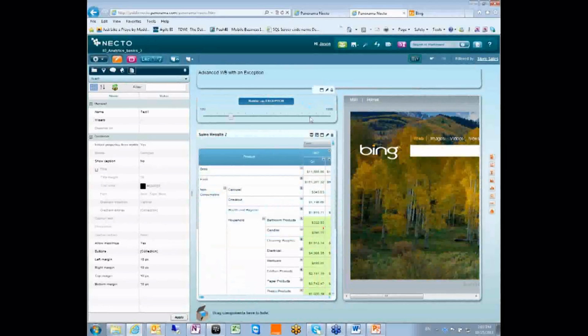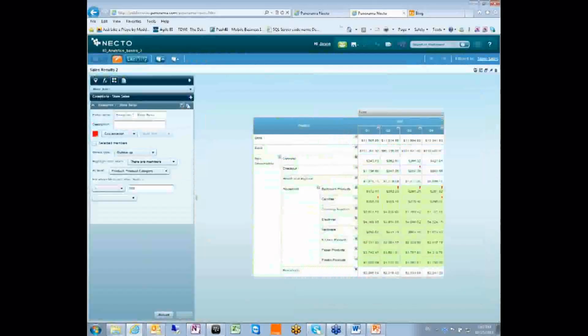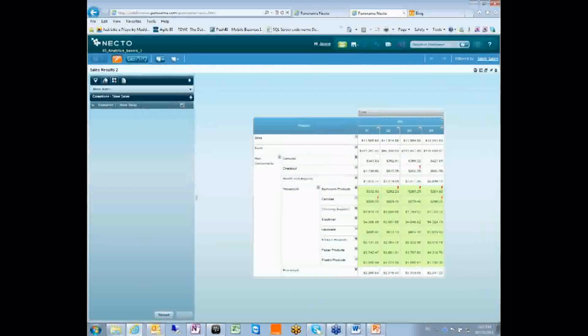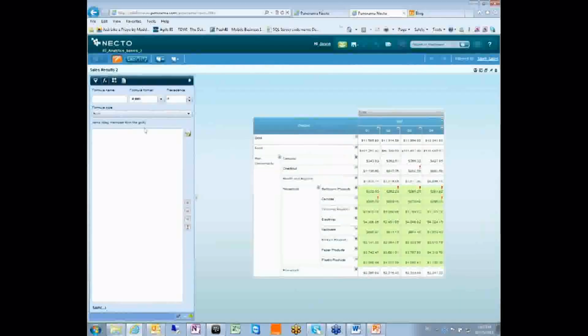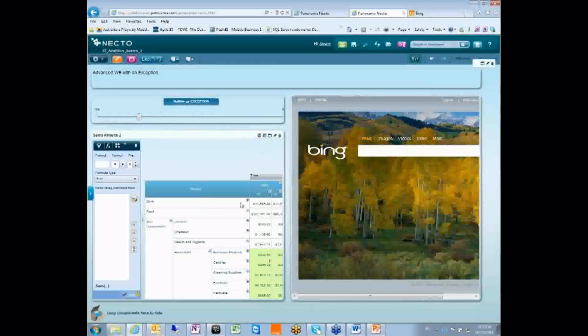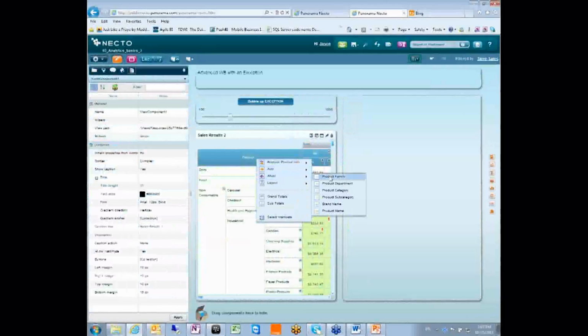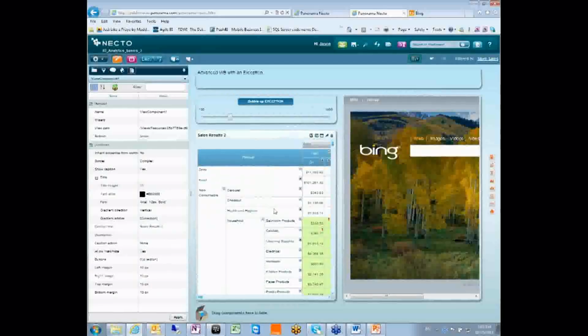Okay. Now, what I wanted to tell you is that there is another option. If I maximize it, I can add some formulas. So only when maximizing it, I'll get the option to use formulas. Now, using formulas is also available in the minimized position. So let's go back for a second to the minimized position